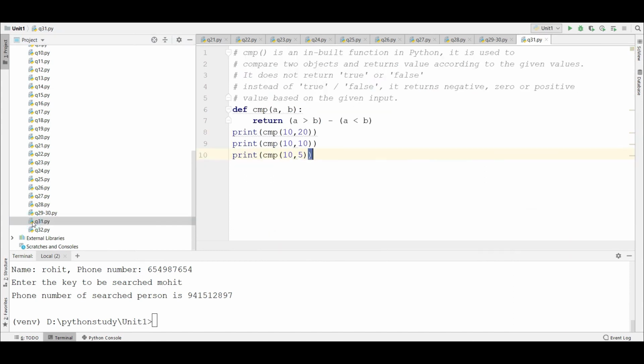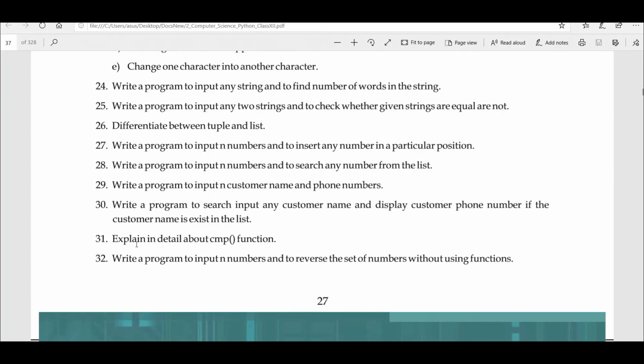Now coming to question number 31. The Python that I have installed is 3.x, the latest Python, but in the book, the Python they are dealing with is 2.7. There is not much difference between 2.7 and 3 as far as your syllabus is concerned, but the cmp function was present in 2.7 and later it was removed. Why? Because it was very redundant and can be easily obtained by another function. Now I will show you what the cmp function used to do, and how it used to compare two values.